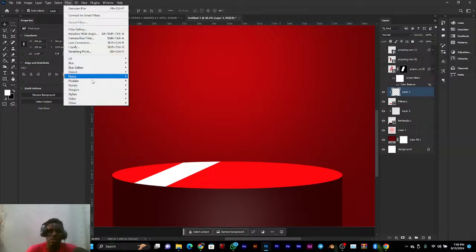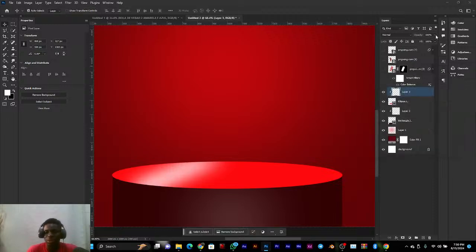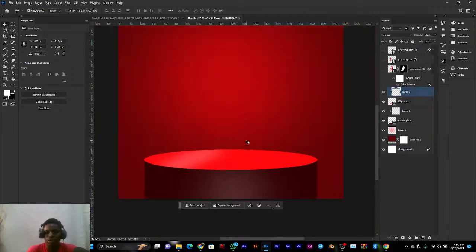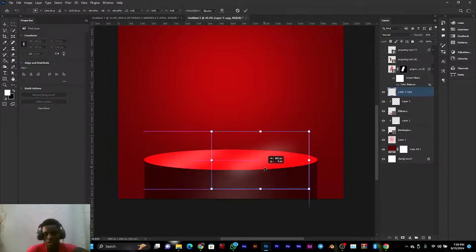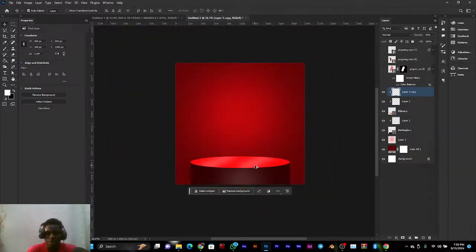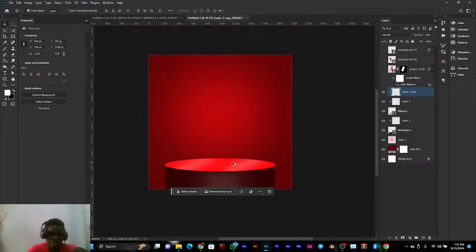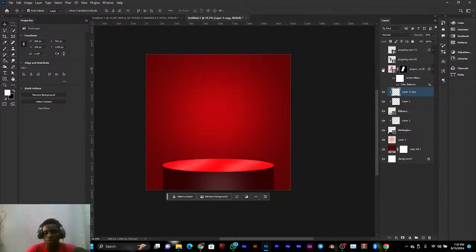Then let's go to filter and then blur, and then Gaussian blur. So I think the blur radius is way too much, so I think that is okay. You can reduce the opacity to about 20 or 35 is okay. So all you need to do is just duplicate this, Ctrl J, Ctrl T, and drag it to this other side. Ensure it's still clicked, right click and create clipping mask. So it makes it look a bit dynamic so that it doesn't look too static. So if you turn this on,